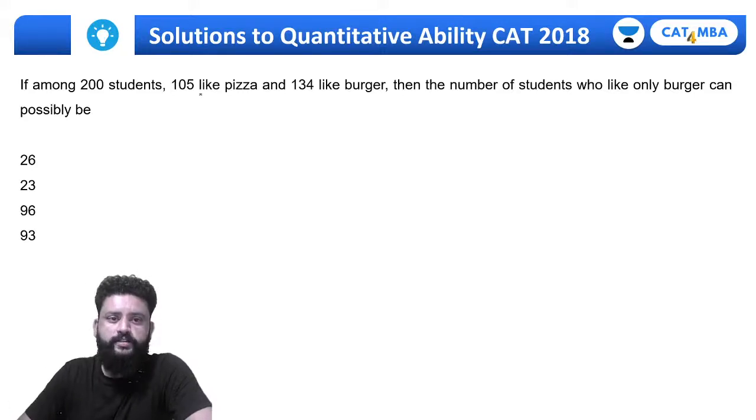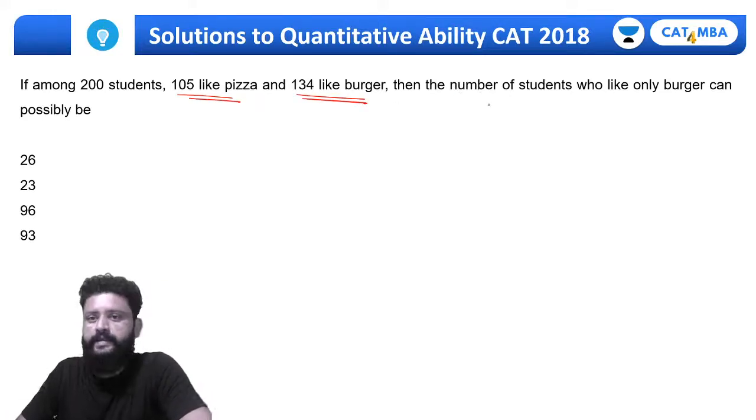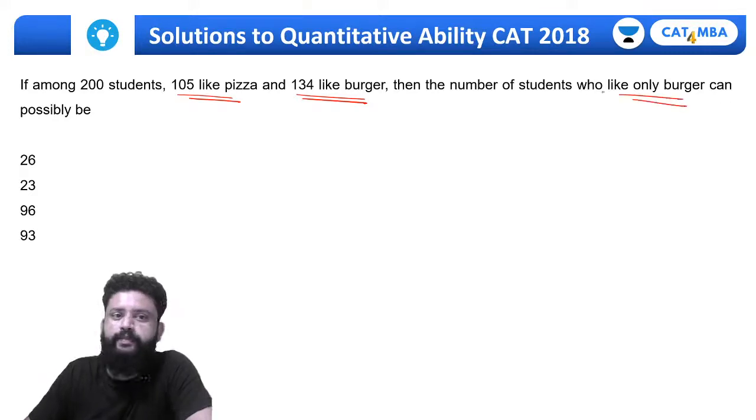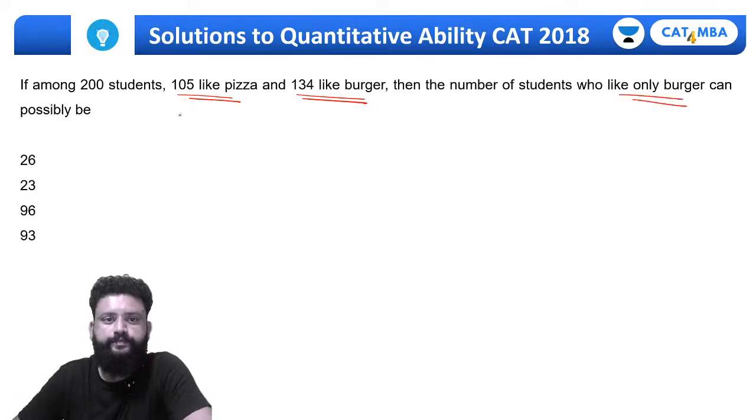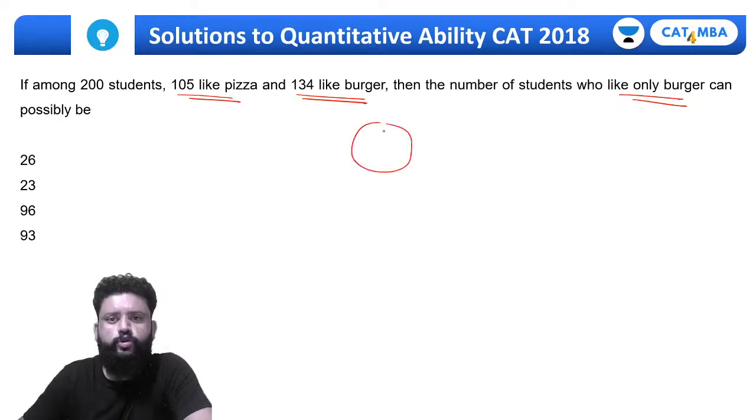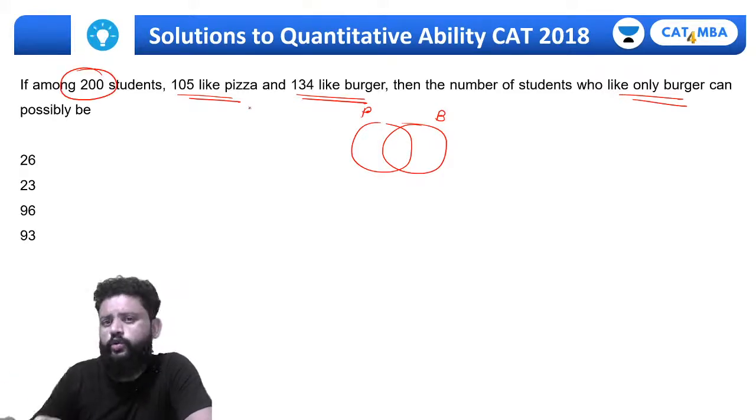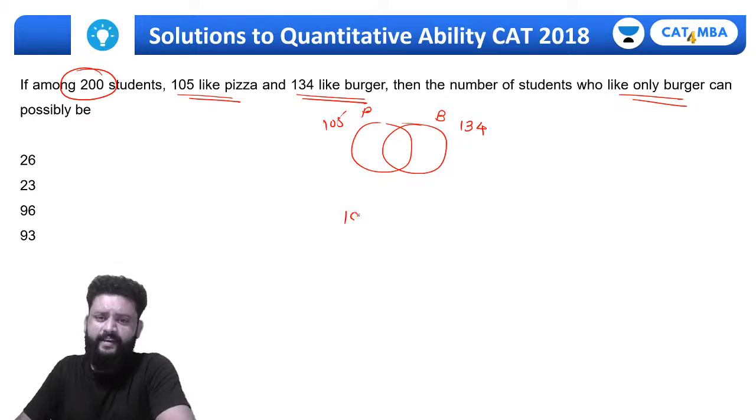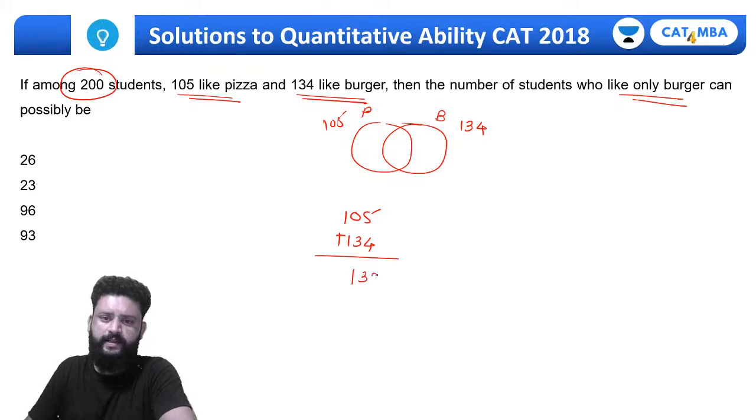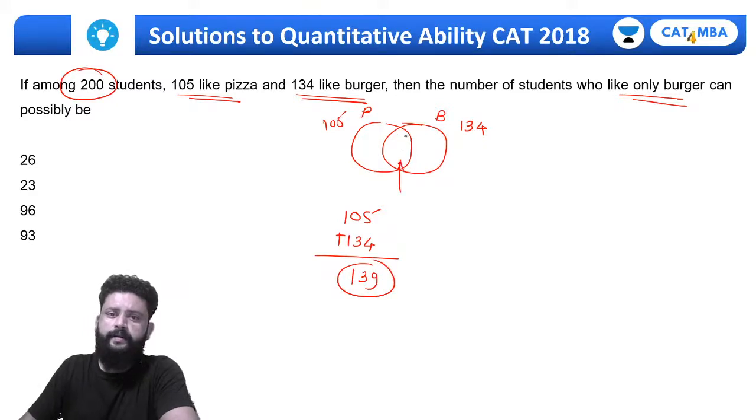If among 200 students, 105 like pizza and 134 like burger, then the number of students who like only burger can possibly be. So first thing guys, कुछ लोगों को पिज़्ज़ा पसंद है, कुछ लोगों को बर्गर पसंद है. पिज़्ज़ा एंड बर्गर, एंड वी नो द टोटल यूनियन इज टू अमाउंट 200. ये 200 लोगों के बारे में है, और यहाँ पे लिखा है 105 लोगों को पिज़्ज़ा पसंद है, 134 लोगों को burger पसंद है. So if we add it 105 plus 134, so whatever the extra part comes, that is 139. So this common part must be